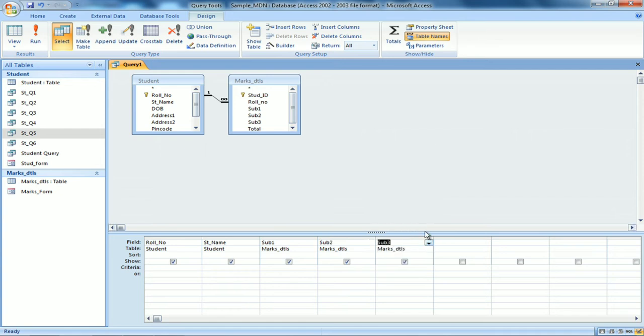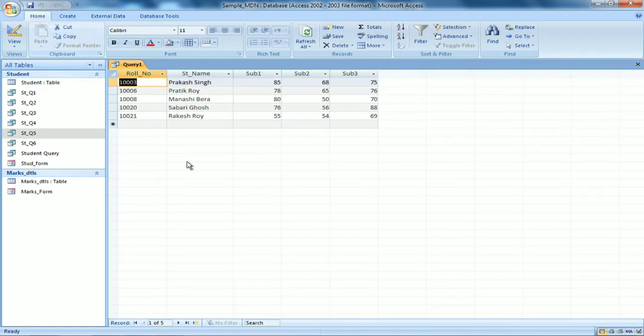So I wanted 2 fields from the master table and 3 more fields from the secondary table. Obviously we have already linked, so it knows that this will be retrieved from this particular table. So now I go back and click on the run tab. So roll number, name and correspondingly their marks have been retrieved. So this is called multiple table handling. We have retrieved records from both the tables.